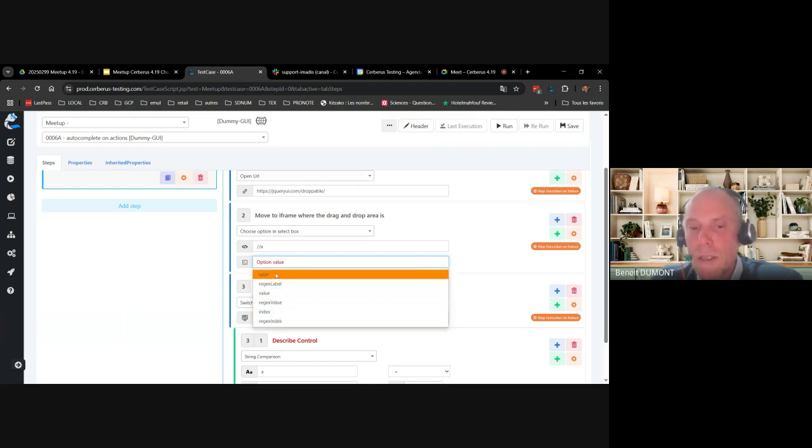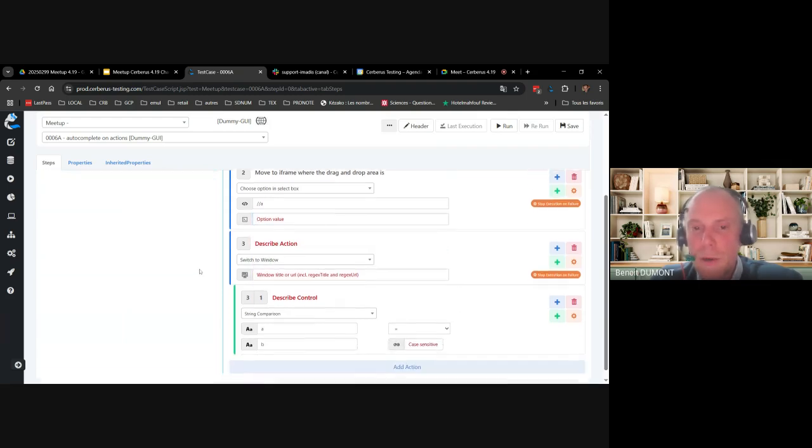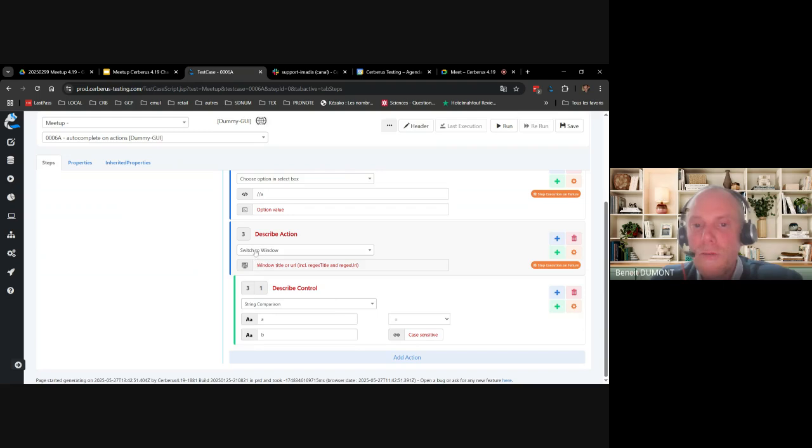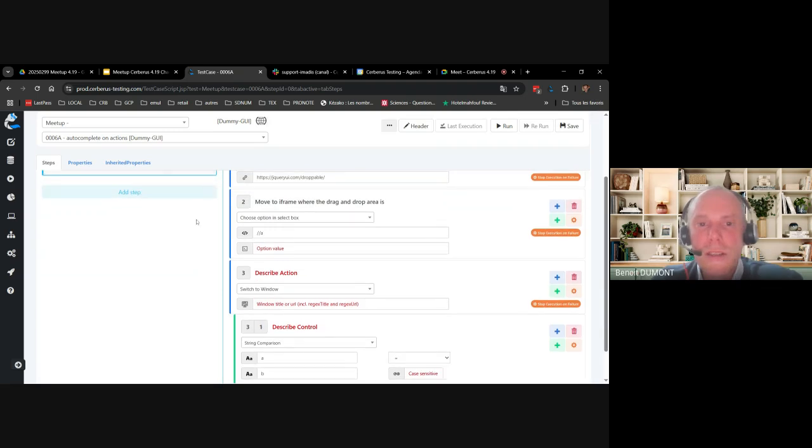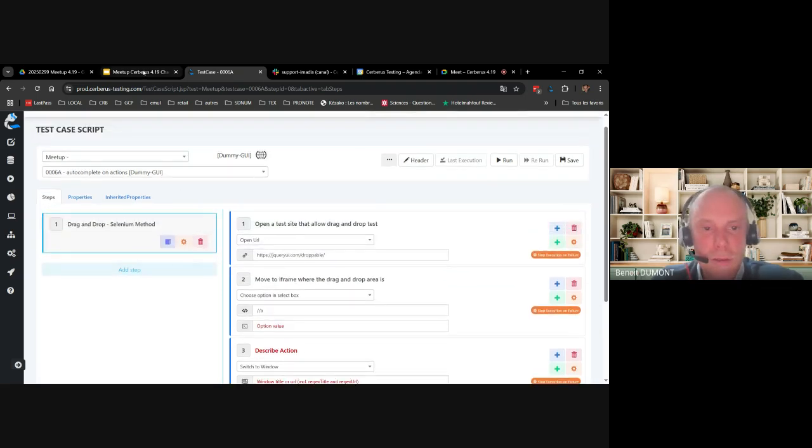So how do I select my option inside the select box? Same thing, if I do a switch to window action, it will propose only title or URL without regex. So it will guide the user a lot more in putting the correct syntax on those two actions.